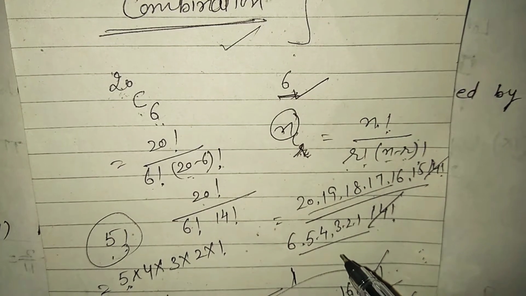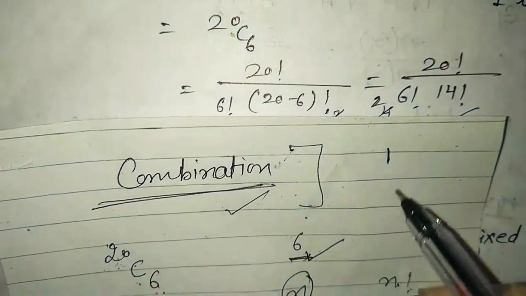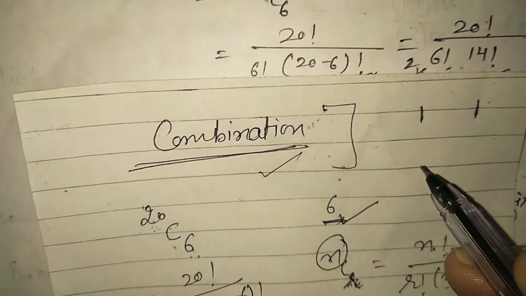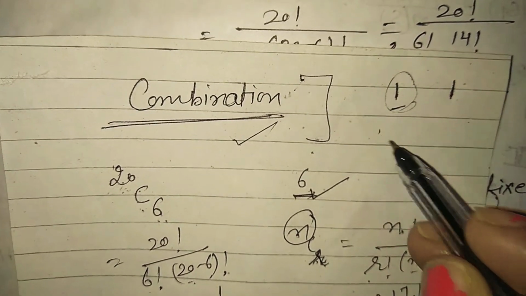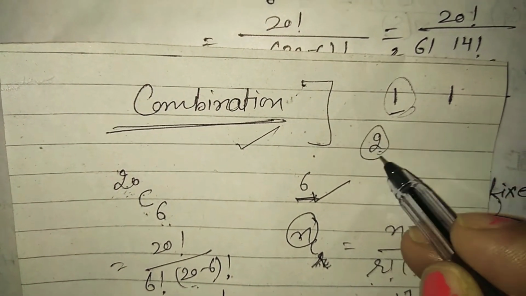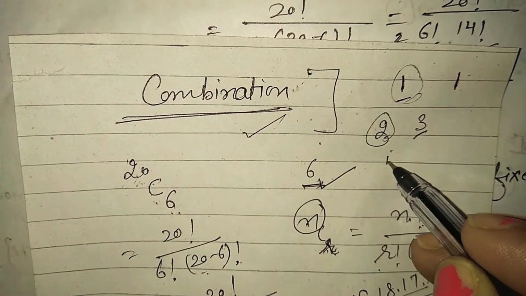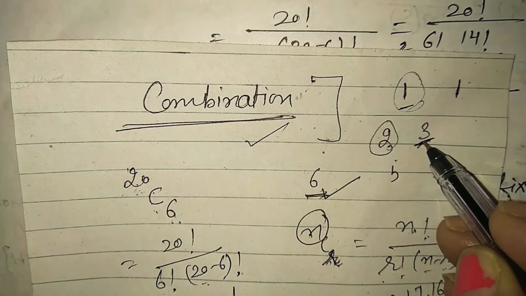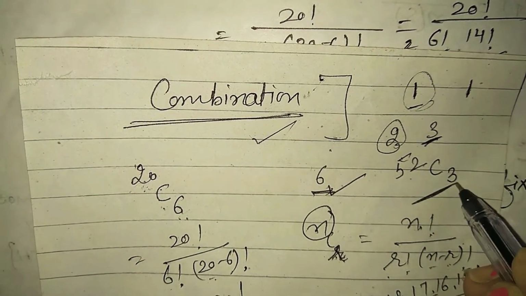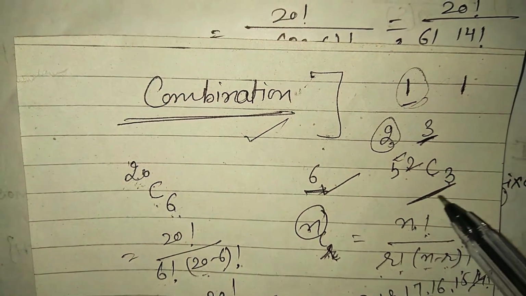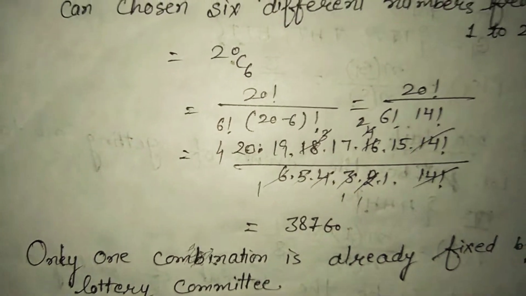In earlier classes you read that if you want to take one diamond card or one spade card, there is no combination formula there. But if we want to find 2 cards from 52 cards or 3 cards from 52 cards, then we will use this formula. Suppose we want 3 cards from 52 cards, then we write 52C3. In one or two questions we will use this combination formula. Okay, so look at the 11th question.